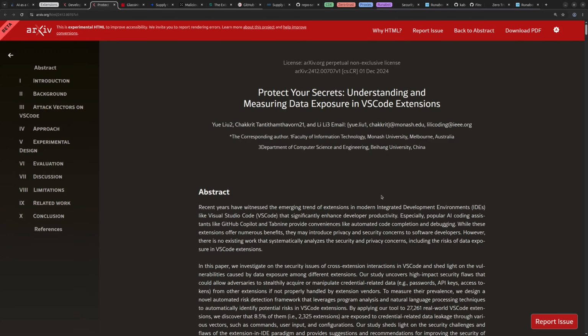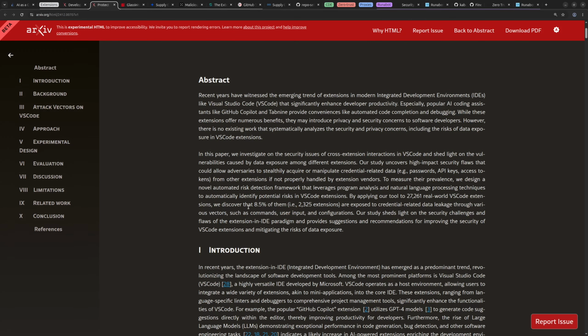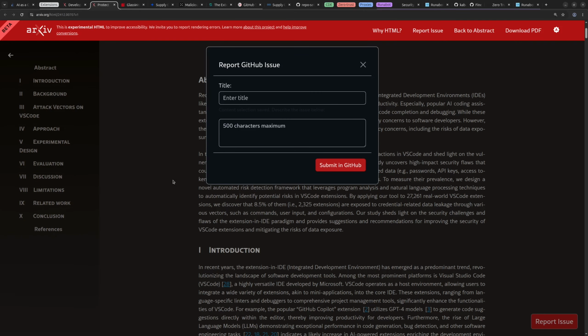And another paper, also in 2024, inspected more than 2,000 extensions and found that 8.5% were exposed to credential-related data leakage. And those were the good old times,